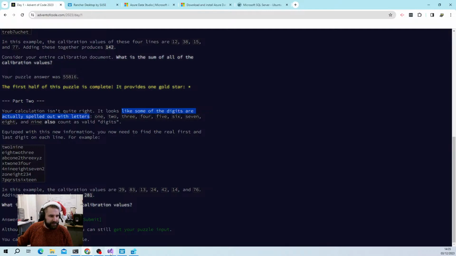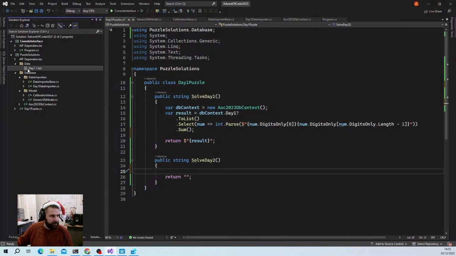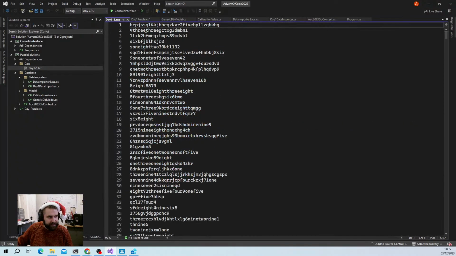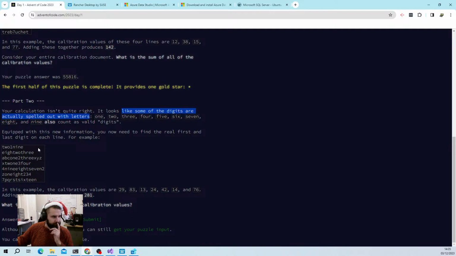So if we go over to day 1, you'll see here we've actually got numbers spelled out. So what we need to do is find any numbers that are written in the text and convert them to their digit form. Equipped with this new information, you now need to find the real first and last digit on each line. For example, 219 would actually equate to 29, whereas in the first example it would equate to 11 because we would just pick out the 1 twice. Okay, so